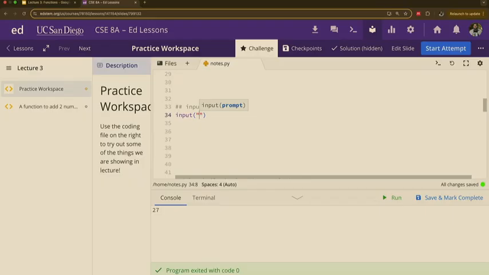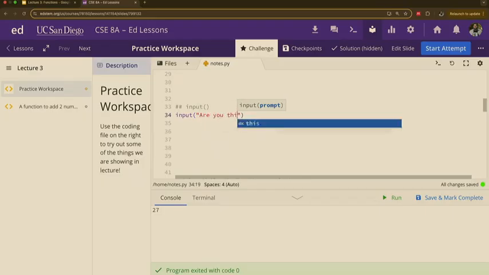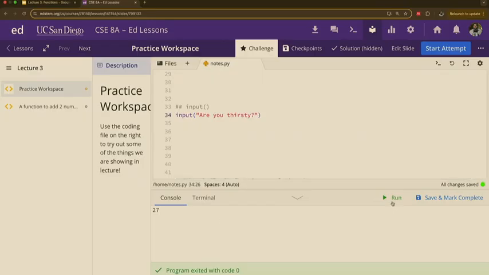Are you thirsty? Right? We're going to ask that. Let's run it. Boom. It looks very similar to what print was doing, right? We gave it something, and I put it down here, but it's not done. This function is not done yet, right? And now we're saying, are you thirsty? I'm going to say yes. Yes, I am thirsty. Boom. Right? And then now the function is done. The function finished doing what it had to do.